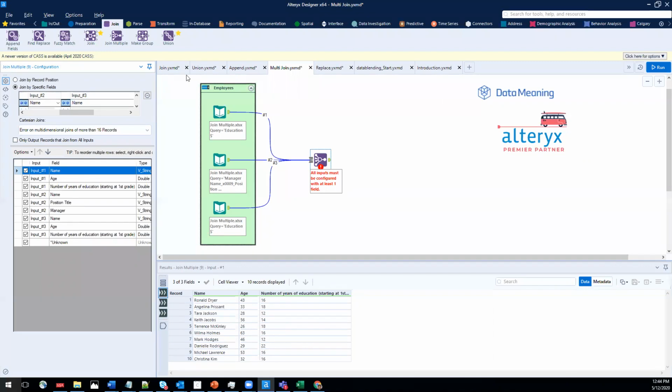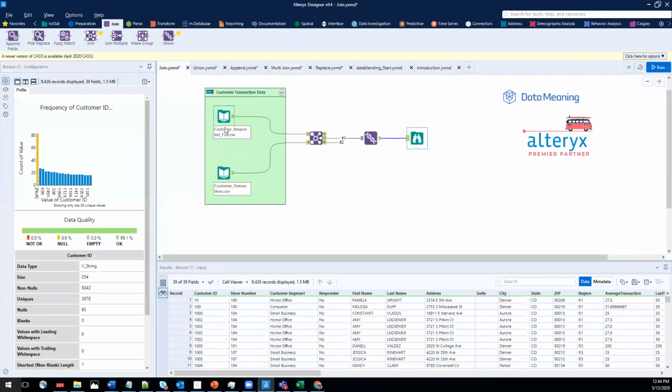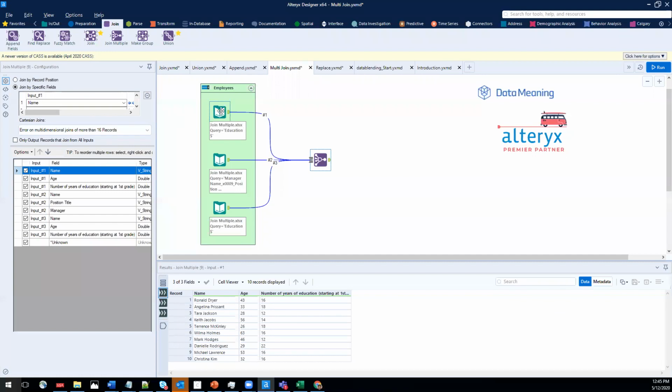But what happens many times is, when we're doing a join, I join these two on customer ID. I might bring in another table and join again based on state information. Joining the data sets together on state is a different key than joining on customer ID before. So in that case, we would have to do two join tools to get those connected together. But in the multi-join, if you have a common key across all your data sets, you can bring them in